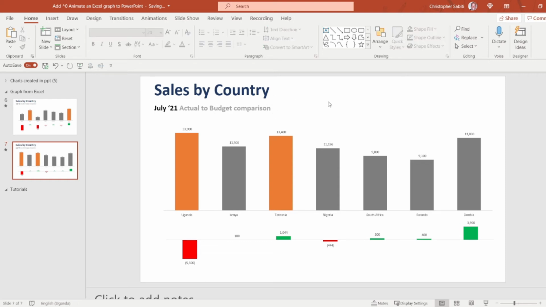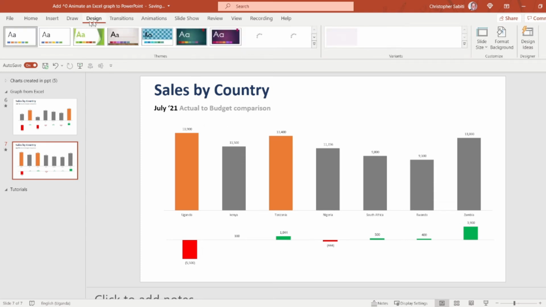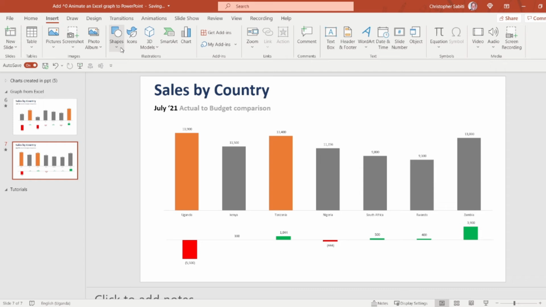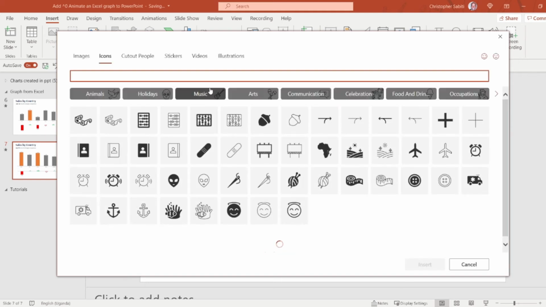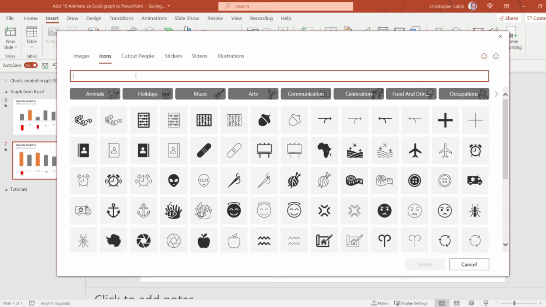So now this is already our graph we have. You can go ahead and even get other icons. Let's say you can insert icons. In Office 365 we have icons. If you don't have 365, you can get icons directly from the web.